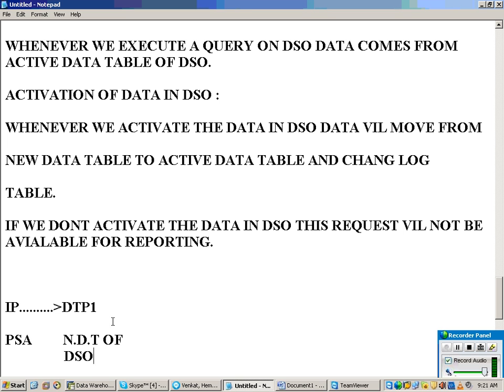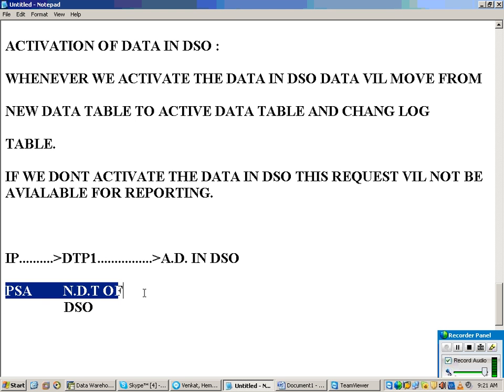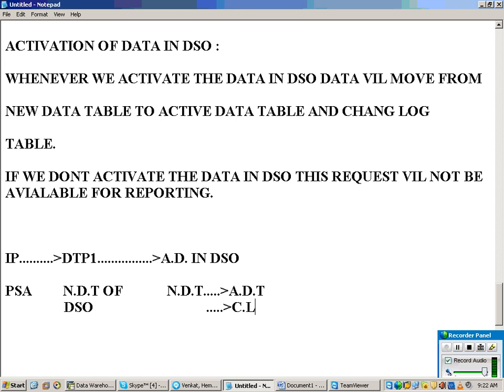Then we perform activation of the data in DSO, and data will move from the new data table to the active data table and change log table. Then we trigger our DTP2, and data will be loaded into the cube.